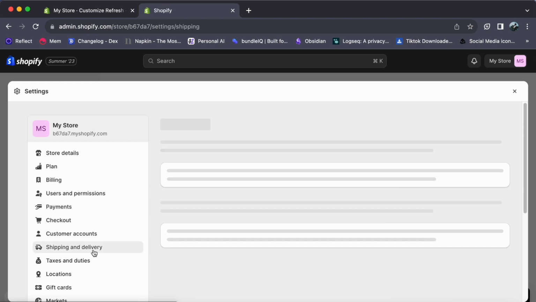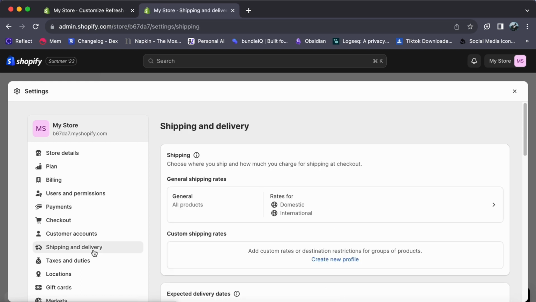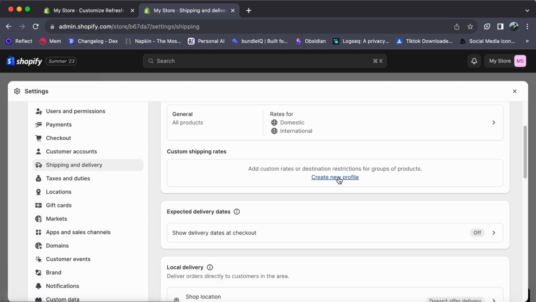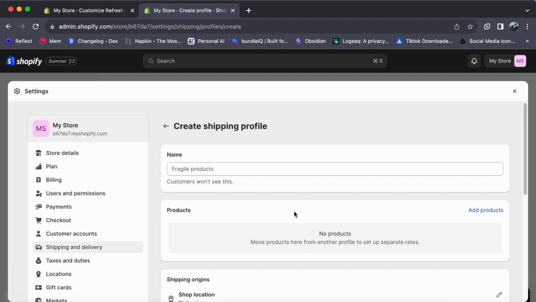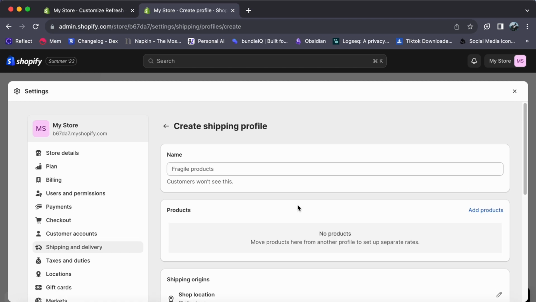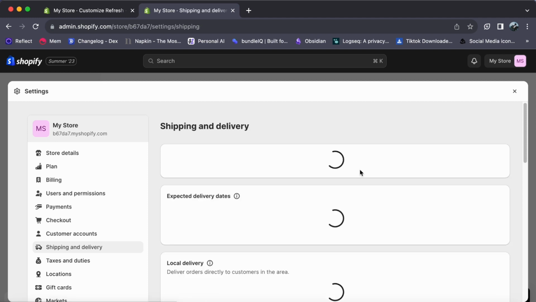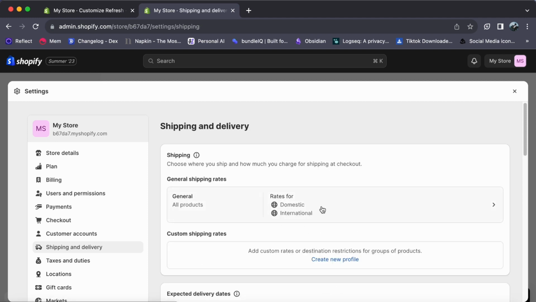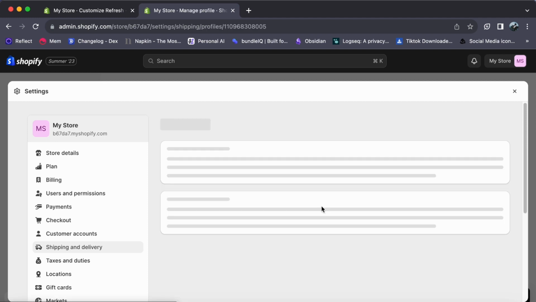Under the shipping and delivery section, click on Create New Profile to manage the rates you intend to charge for shipping your products to customers. Shopify provides default shipping rates for the United States and international shipping. Shipping zones allow you to define specific regions for shipping, such as the United States, Canada, or even the rest of the world. For each zone, you can specify shipping rates based on various factors such as weight, item quantity,